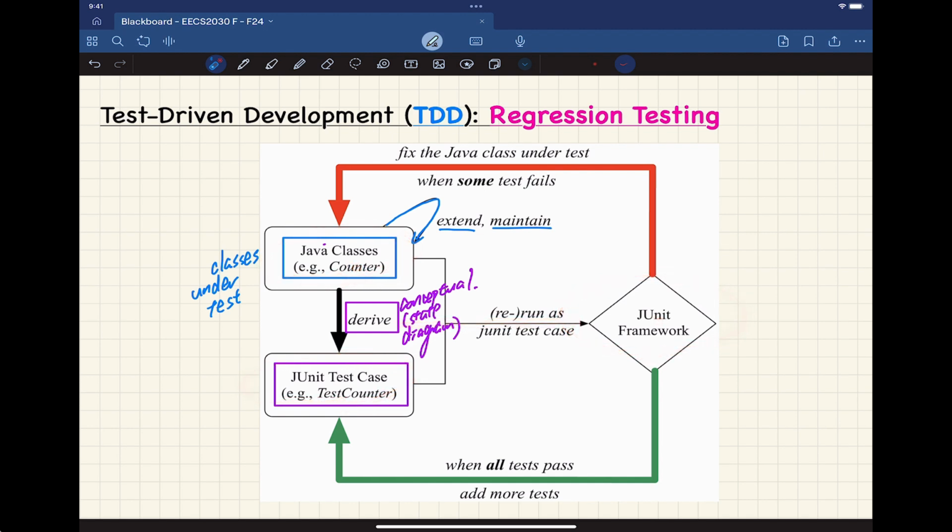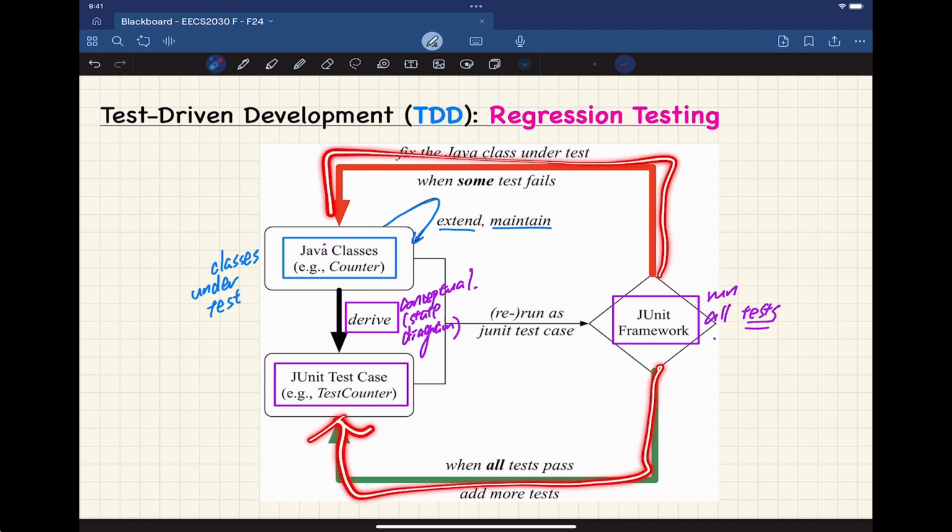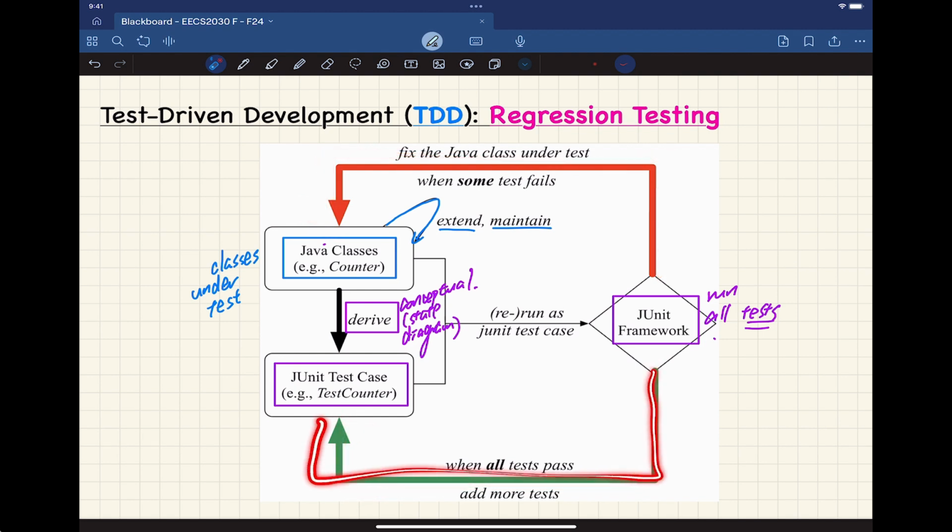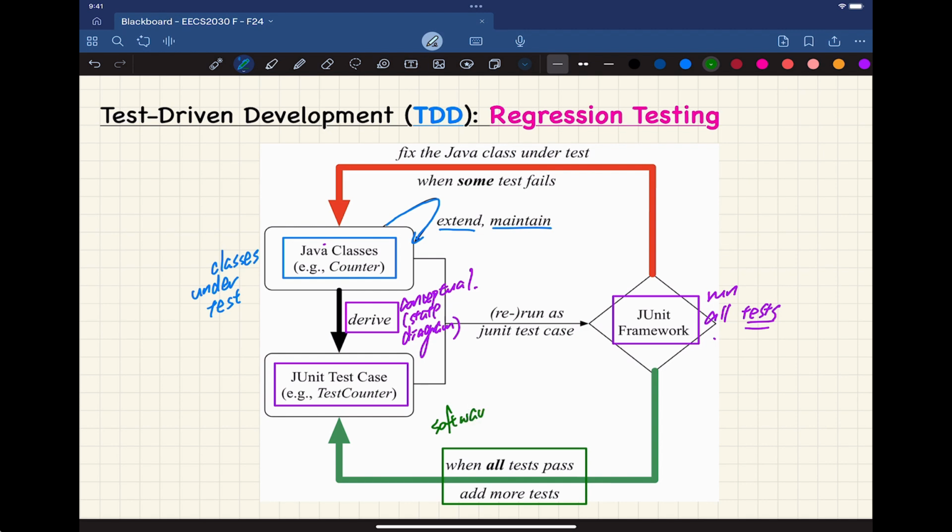So this one here is going to run all the tests. And of course, you may get either pass or fail. Let's talk about the passing case. If you get pass, what does that mean? That means your software is correct, I'll put in quotes. Software is correct